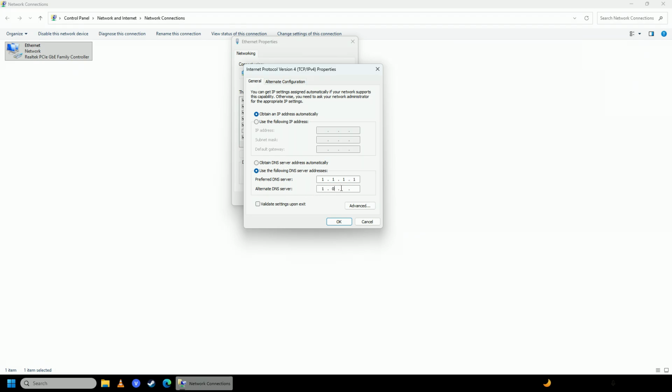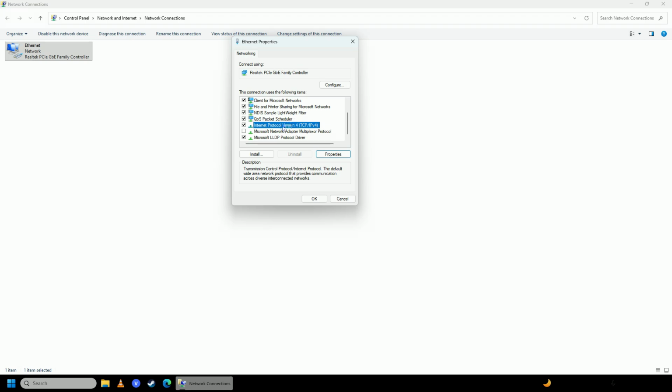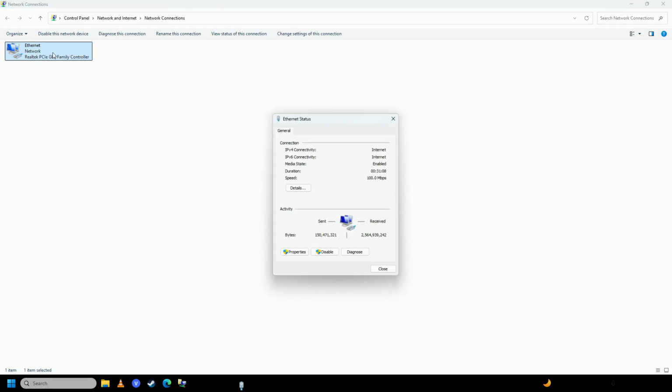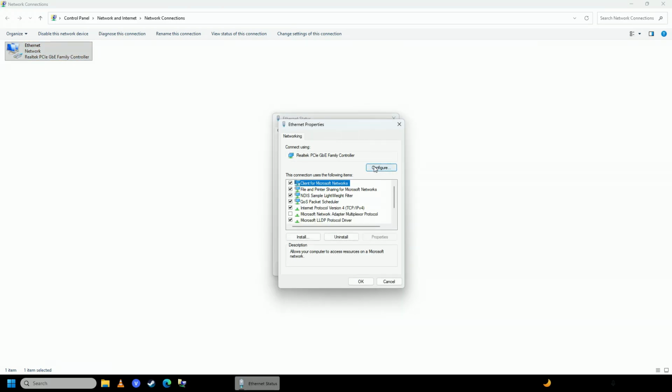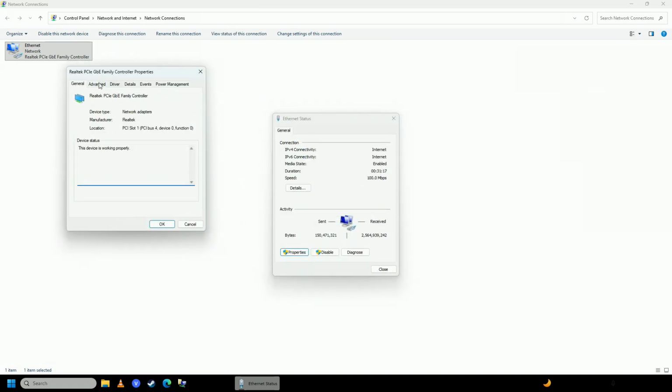to write 1.0.0.1. After that click OK, and then scroll down, untick Internet Protocol version 6. After that click OK, and then open it up again, and now you're going to go into properties. You're going to click on to configure on client for Microsoft Networks, and then you're going to click on to